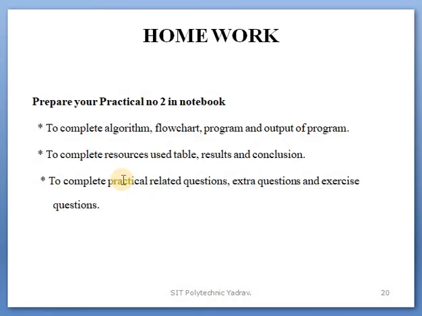Okay, next homework. What is the homework for practical number 2? Prepare your practical number 2 in a notebook.